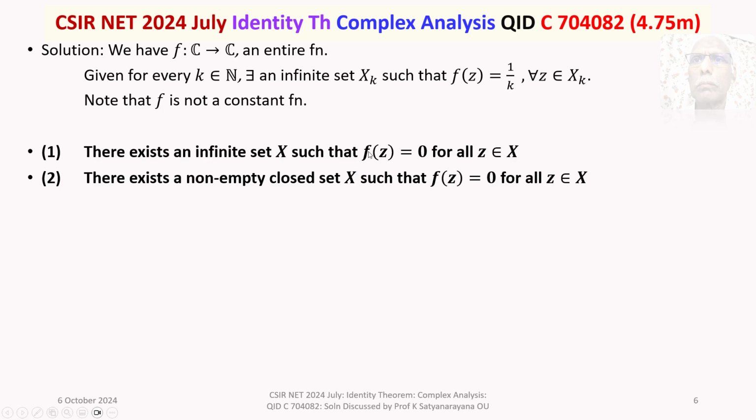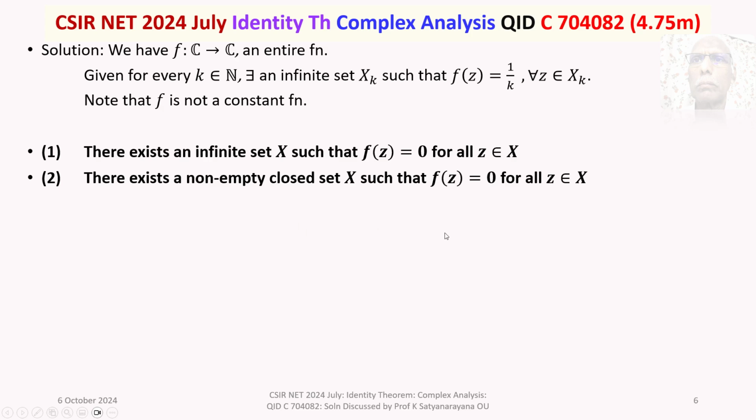And if you want to get that f of z is equal to e power z as a counterexample, you must verify the hypothesis. So e power z is an entire function, all right. And for every k belongs to N, you have to show there exists an infinite set Xk such that f of z is equal to 1 by k for all z belongs to Xk. If you can do that, then that will serve you as a counterexample, because f of z is equal to e power z is not equal to 0 for any set